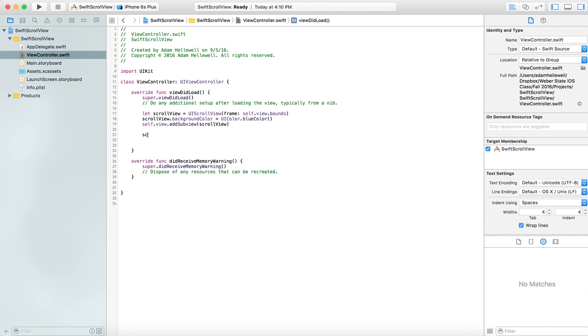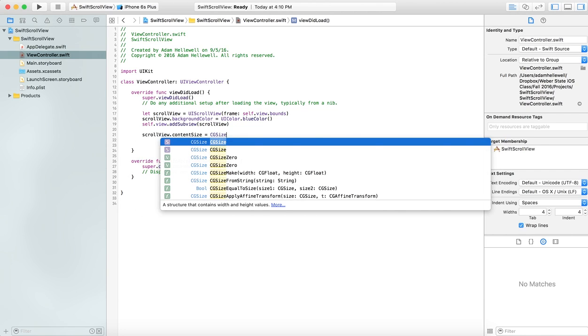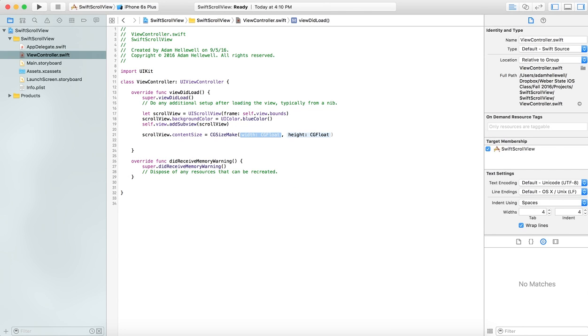up. But first, let's do scrollView.contentSize equals CGSizeMake. We'll do a width of self.view.bounds.width, and we'll do self.view.bounds.size.height times 2. Just so that it's times 2, we're going to do bounds.size.width to make sure that we've got everything covered. Now we should be able to scroll up and down, but let's create a UIView really